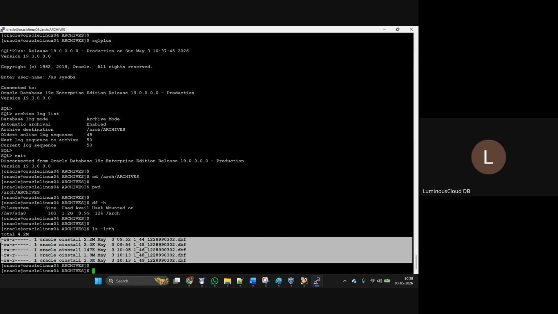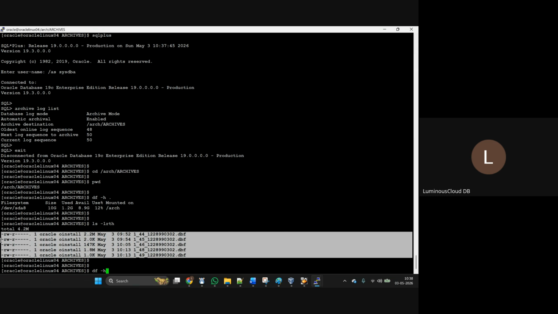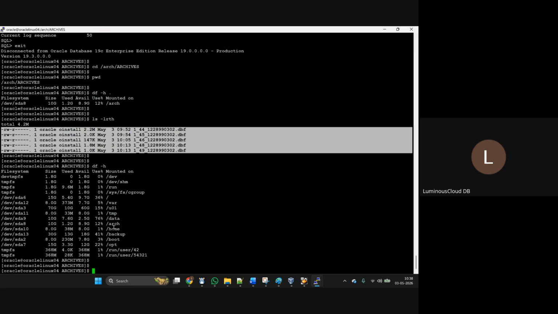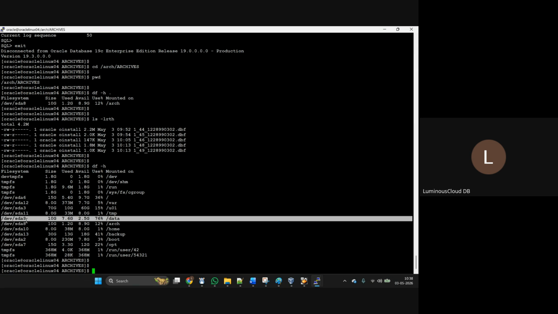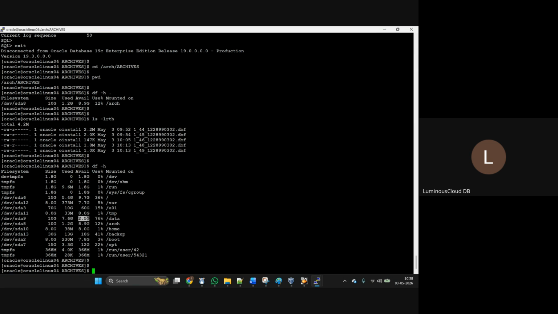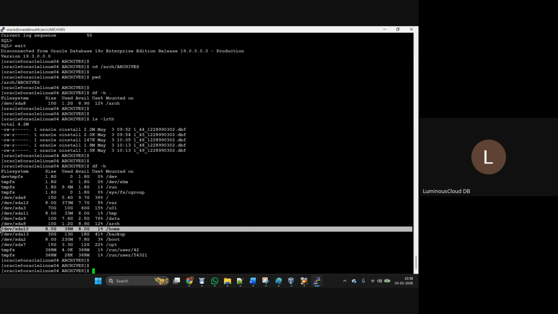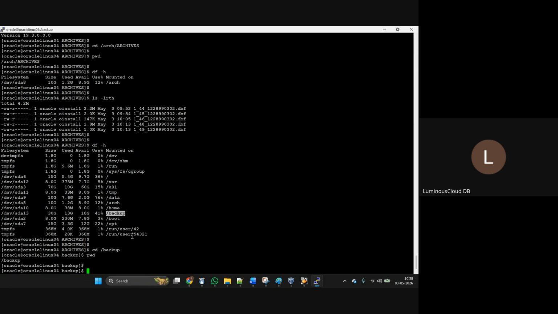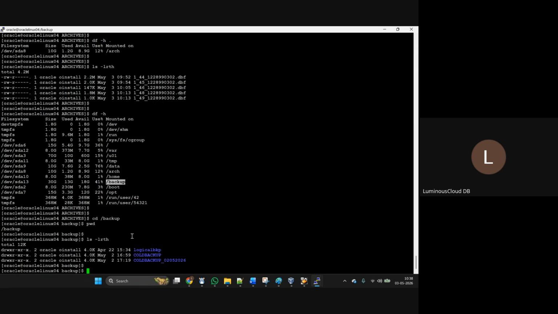Now what do I need to do? I need to check in which location more space is available. See here, data we have only 2.5 GB. Home I can't keep. But here you can see the arc backup mount point. How much space is available? More space is there in the backup location, no? In this backup location, I will create one directory like this,